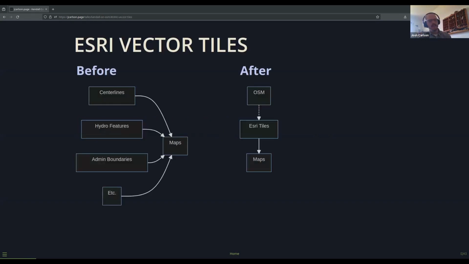In the early days, we were pulling our own feature layers into our maps, pretty much just for labels and reference data. And then I think it was 2019 or 2020, Esri put out vector tiles of OpenStreetMap data. So we went to adopt that because it performed better and we could write our own style JSONs for it.